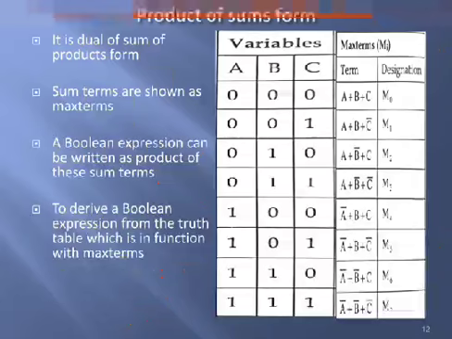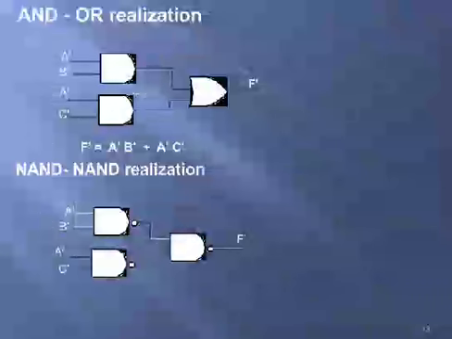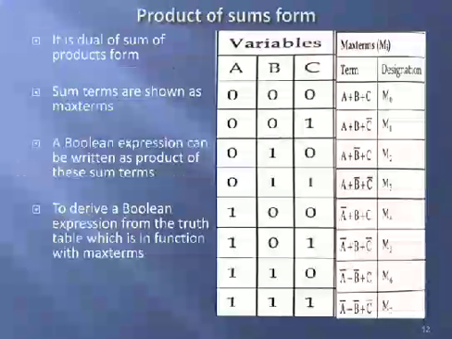So this is something about sum of products form, SOP form. Next we will concentrate on product of sums. In the sum of products, you are having different product terms and you are summing or ORing all those product terms, resulting in SOP form, that is sum of products. On the contrary to that, you are having another type of canonical form, that is product of sums.